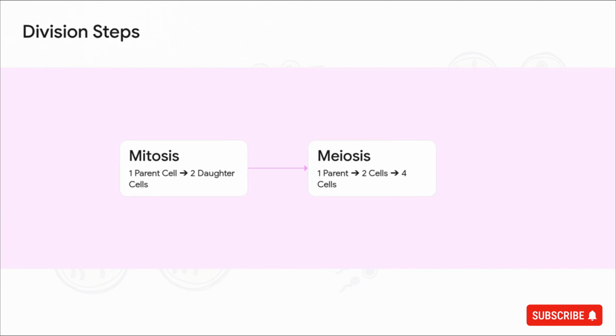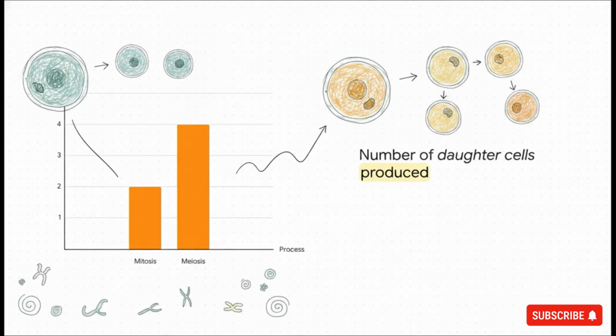Meiosis, however, has to go quite a bit further. It takes that one parent cell and pushes it through 2 totally distinct rounds of division, which we call meiosis I and meiosis II. So one cell becomes 2, and then those 2 immediately divide again to become 4 daughter cells. And this brilliantly illustrates the mathematical result of those divisions. It's a profound difference in biological strategy. Mitosis nets you 2 cells, while meiosis actively divides again to net you 4. Basically, mitosis is just making a simple copy, while meiosis is actively dividing and subdividing, all to prepare for the creation of new life.